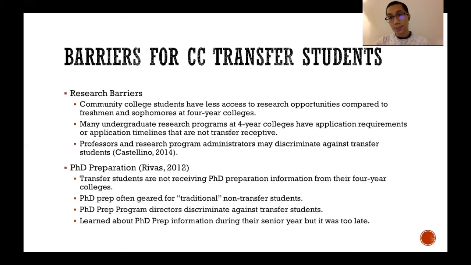But I think a lot of you are wondering, well, why not just take a gap year, right? Why didn't these transfer students take a gap year, prepare again, and then apply next year? Well, as you know, community college students and transfer students skew older. Her participants reported, I feel really old. I perceive myself to be old, and I perceive that I can't take another year off. I need to do it right away, right? So that's why it's problematic.